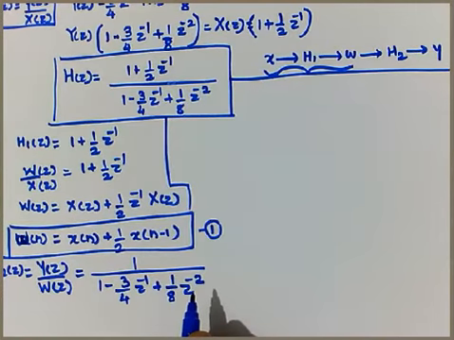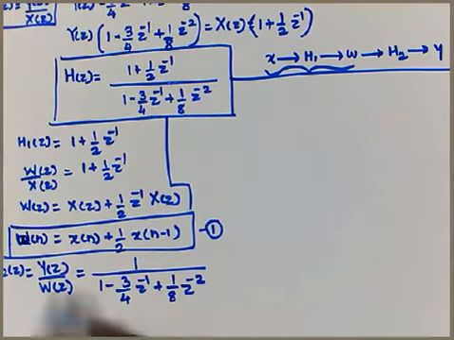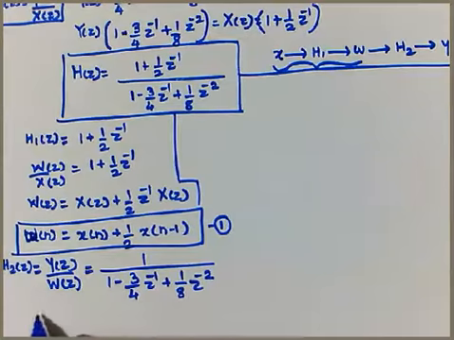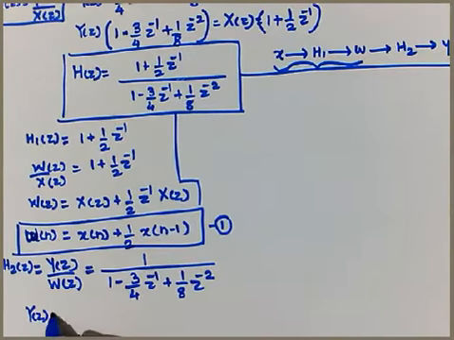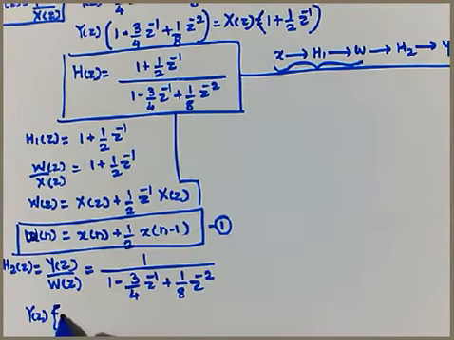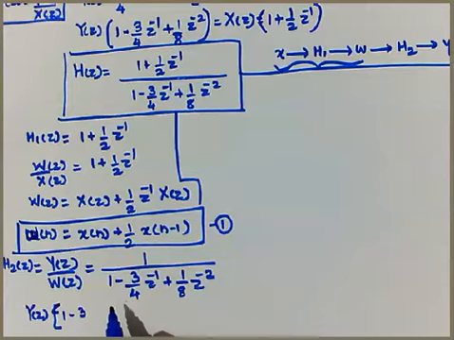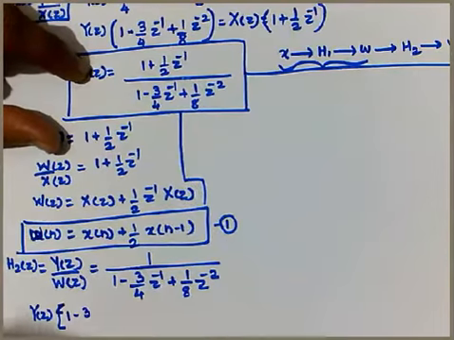That is H2 of z. So let's cross multiply it. This is quite simple. So Y of z, in bracket we can write 1 minus 3 by 4